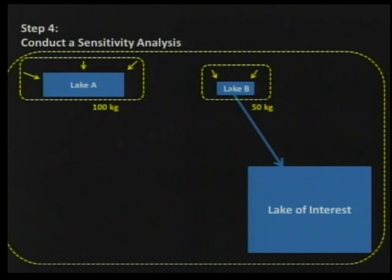Runoff into the lake, and then the lake exports that. And you can measure how much phosphorus leaves each subwatershed by measuring the water quality of the outlet stream and knowing how much water comes out. And when you do that, you can quantify it. And so Lake B exports 50 kilograms of phosphorus a year, and Lake A, because it's a bigger watershed, exports